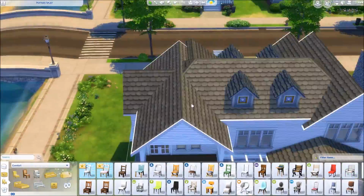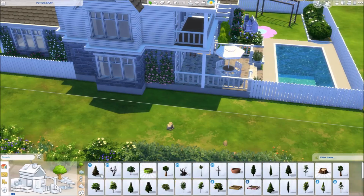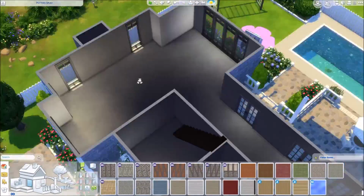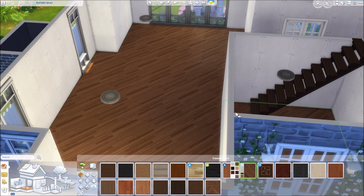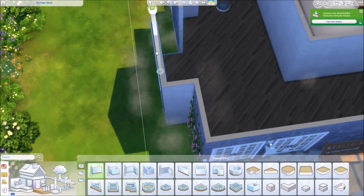So yeah, here, what am I doing? I'm not sure. I'm just bobbing all over the place. Oh, here, adding in a tree because why not? Trees are very nice, and I decided to go with a tree that you see often in this side of the world. So here, starting with the furnishing of the house, and as you guys can see, I already did